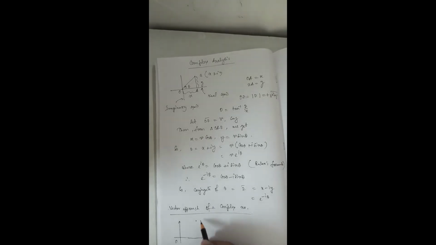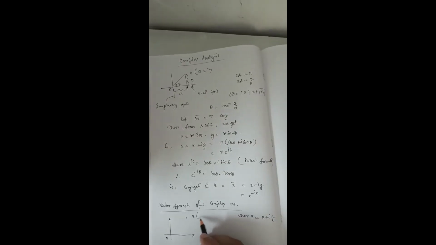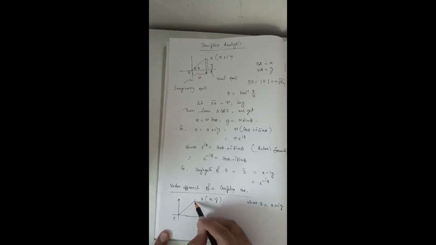Suppose there is a point Z, where Z equals x plus iy, that is, its Cartesian coordinates are x comma y. If we join the zero complex number represented by the point O, which is the intersection of the real and imaginary axes,